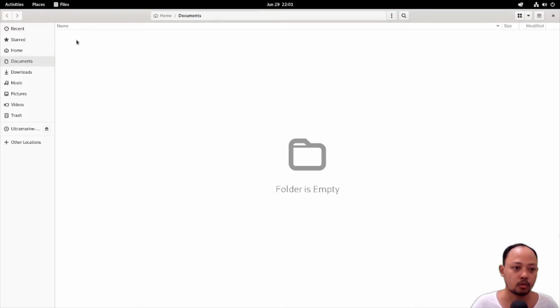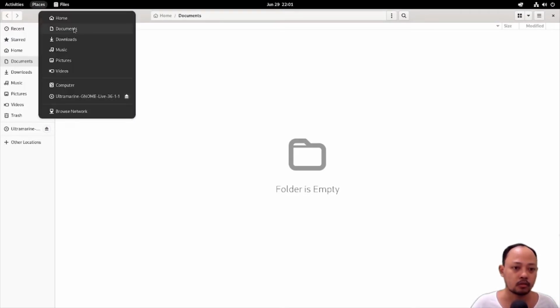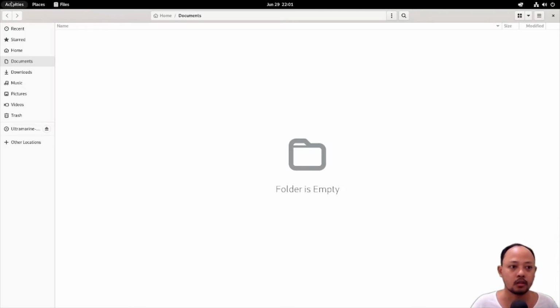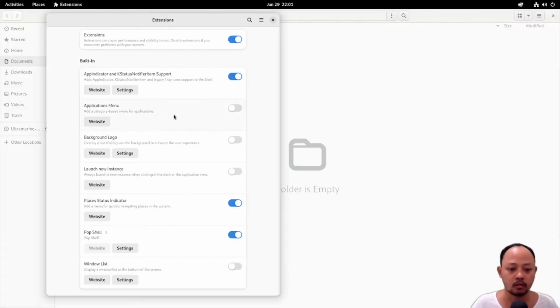For example, documents. If I click the documents, I will go directly to the home documents after I click this button. Okay, I will disable it,